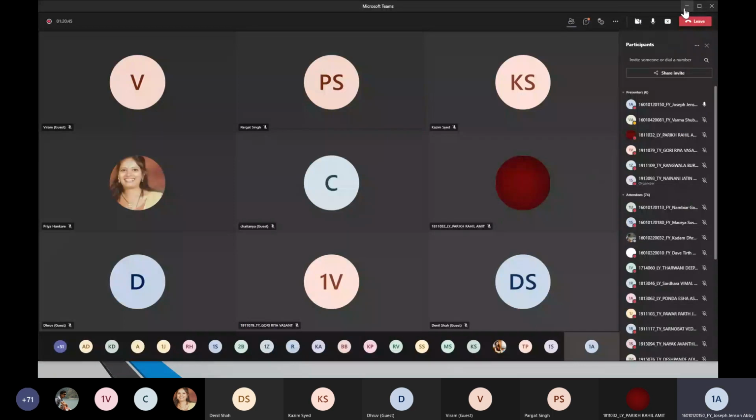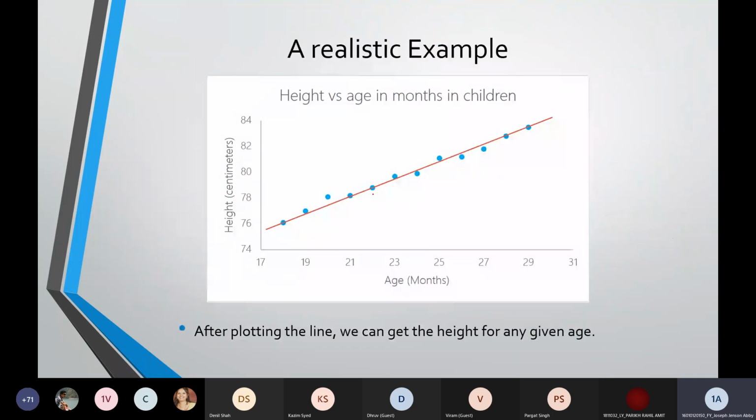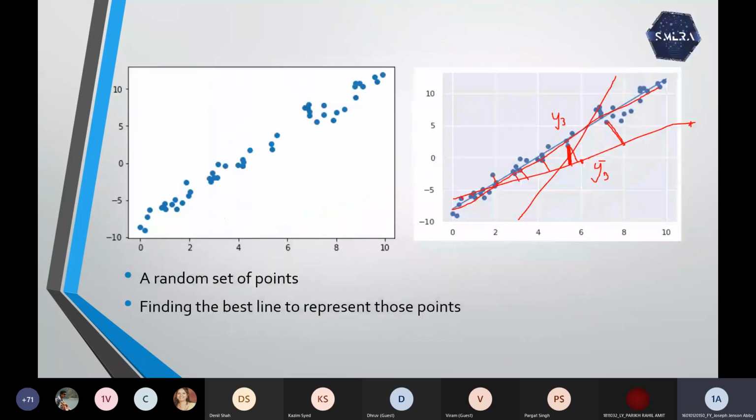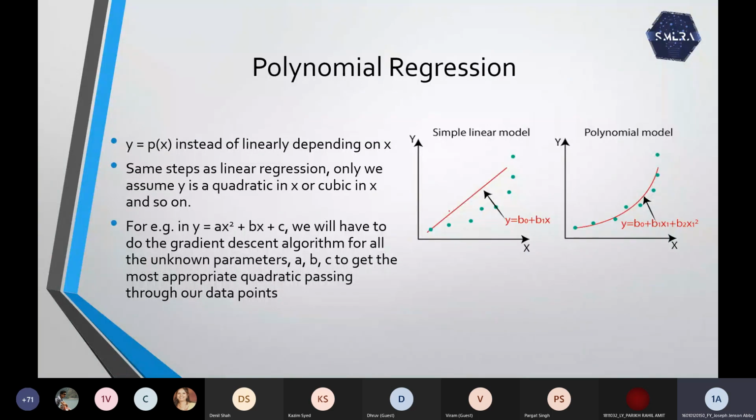We are running a little bit short on time, so I'll just explain what polynomial regression is. Now, we have assumed a linear model, that is, we are plotting a line through our data. So in this case, we are plotting a line which best represents our data. Say suppose our data trend is like this. Now you see the line won't match, right? A linear regression won't be sufficient. So we need to take polynomial regression.